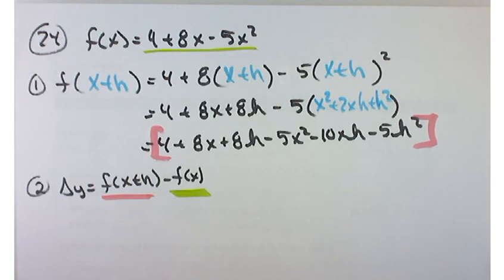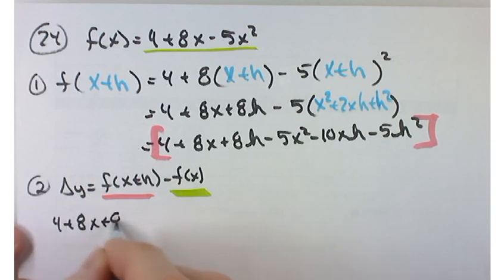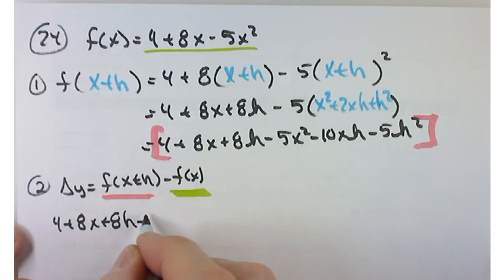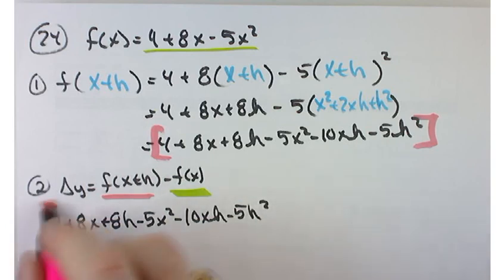So let's calculate delta y then. Delta y is going to be 4 plus 8x plus 8h minus 5x squared minus 10xh minus 5h squared. All that's f of x plus h